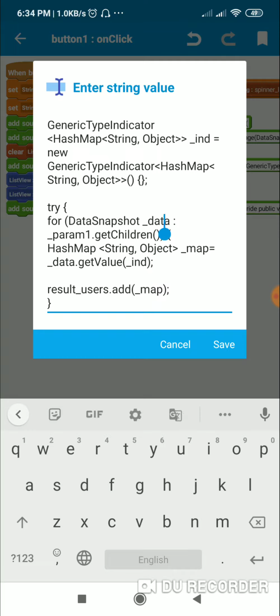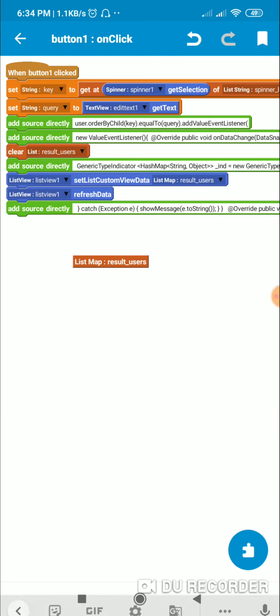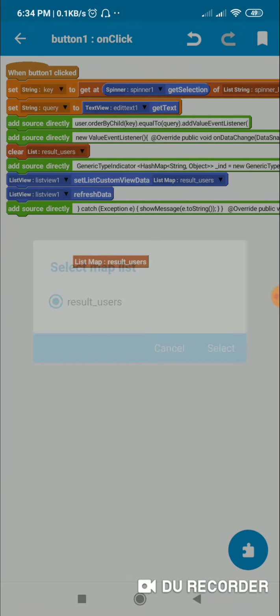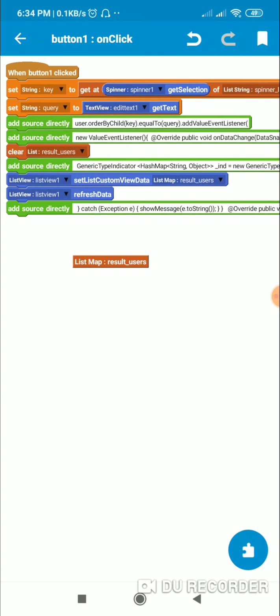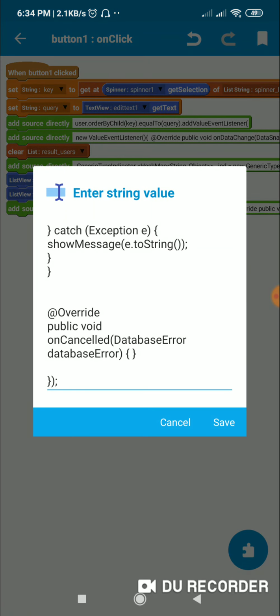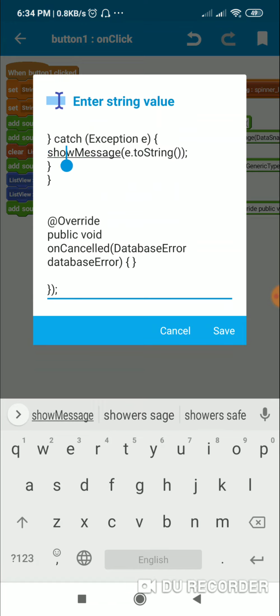So from this child of data snapshot, which is also a data snapshot, I get the value in form of map variable, and that will be _map, and then I add this _map to the list map called result_users, and this will be repeated for all the children of param 1, and then I close this for loop. After this I display this result_users in list view 1, and then in the end I catch exception and show if there is any exception, and there is also a on cancelled method where I do nothing.